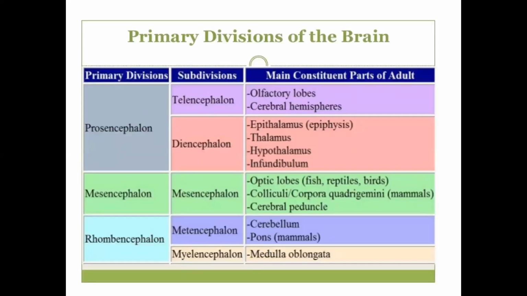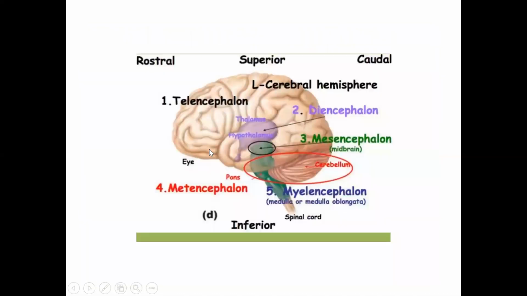As you know, during embryological development, the different germ layers, that is ectoderm, mesoderm, and endoderm, form different components of the brain like the prosencephalon, mesencephalon, and rhombencephalon. Out of that, the diencephalon, which is formed by the prosencephalon, forms different components: the epithalamus, thalamus, hypothalamus, and infundibulum. So the thalamus is a component of the diencephalon.